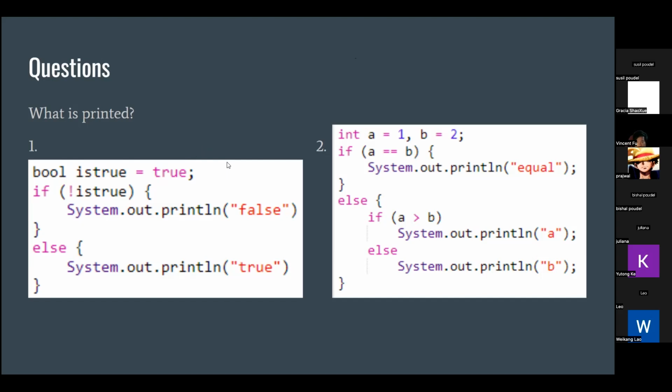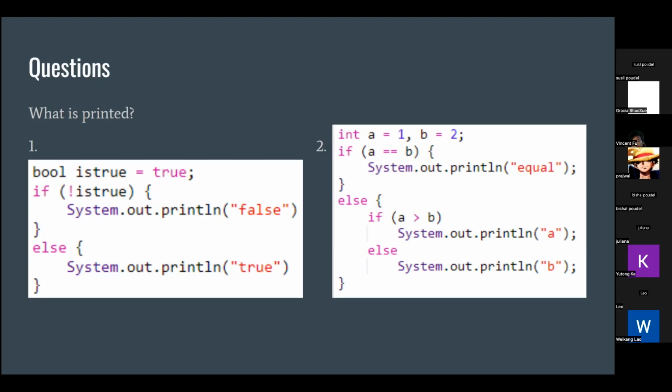Oh no, for the first one, I'm asking what is printed. So if you were to run this code, the first one, the one under number one, what is printed?